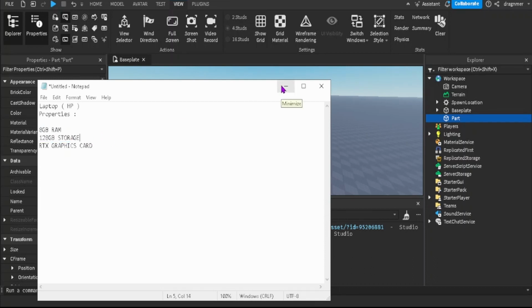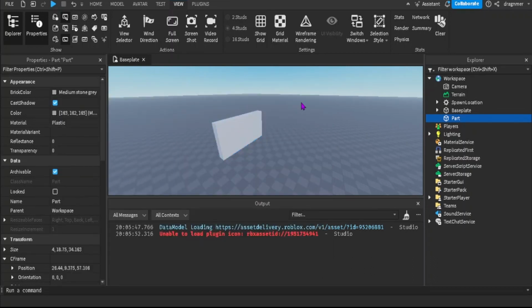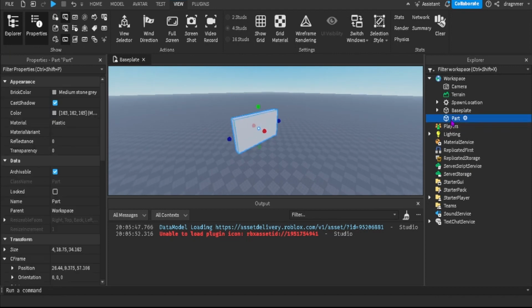With the same explanation, we can get back to Roblox Studio, and if we press F2 on our keyboard,